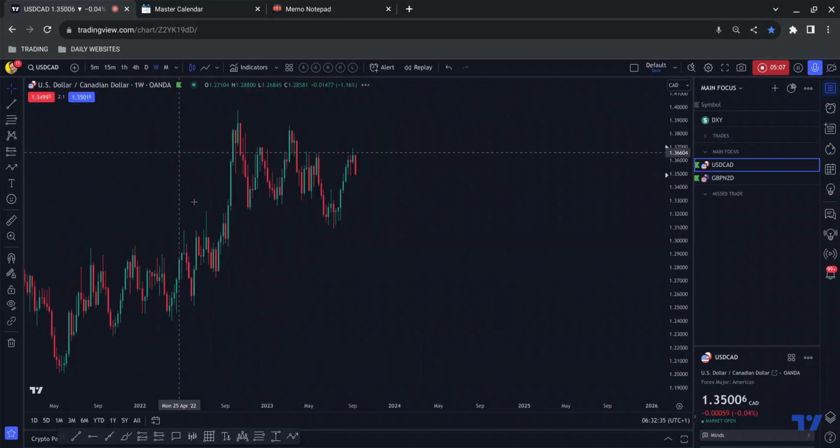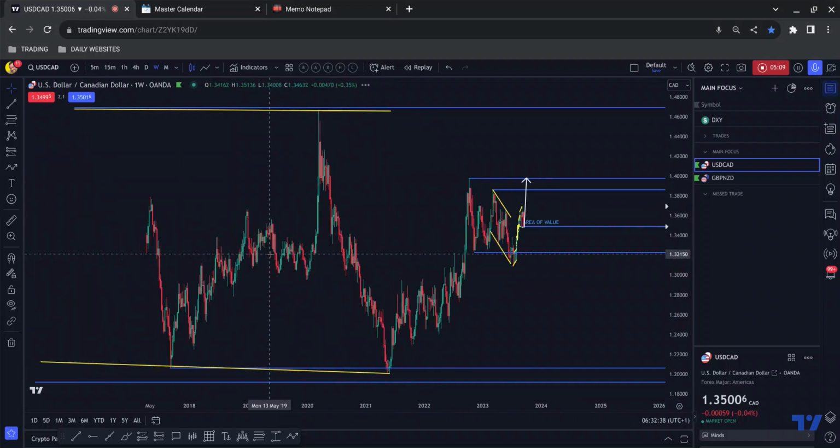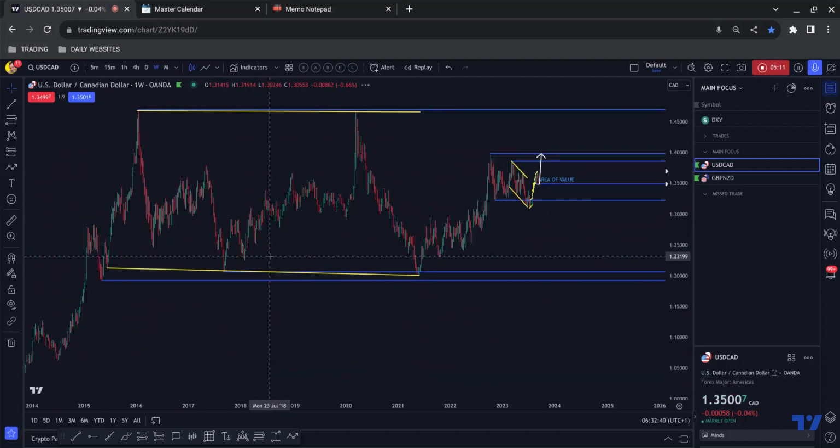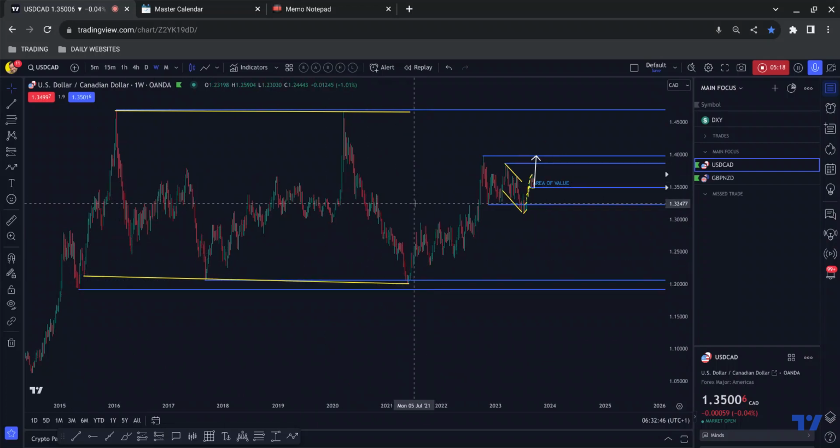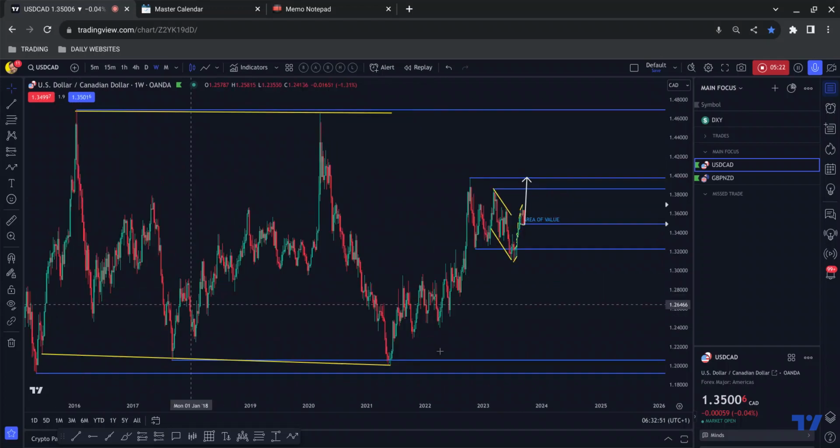So dollar CAD. Dollar CAD on the higher time frames, we have this completed 1, 2, 3 touch structure, and then price pushes to the upside. Okay, we do have a slight near miss here. That is a slight negative, especially when we moved up from this area in the form of a larger correction like that. As I've said previously, when we impulse up, we don't normally see a larger correction so early into the move. Certainly not this wide relative to the impulse up which has preceded it, but sometimes that happens.